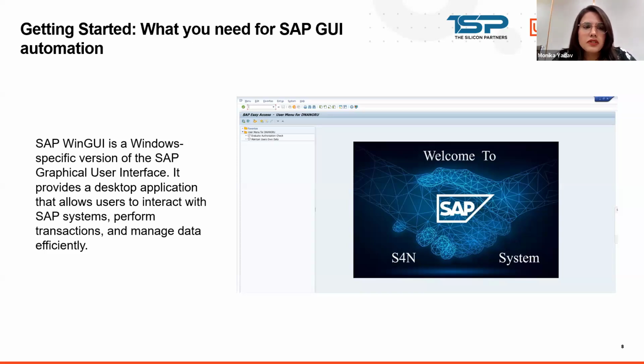In simple words, it is a desktop application which provides the user with a graphical interface to perform operations and tasks within SAP, such as managing your business processes, entering data into SAP, running reports, or executing transactions. For all these purposes, we use the Windows GUI SAP. So moving forward,